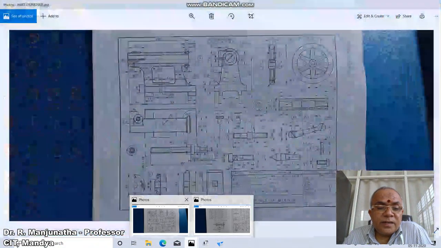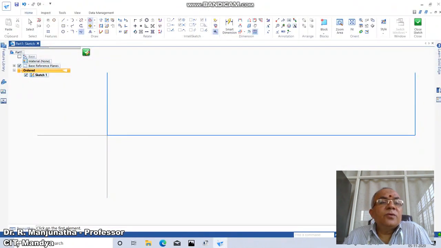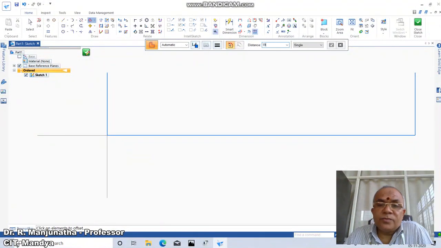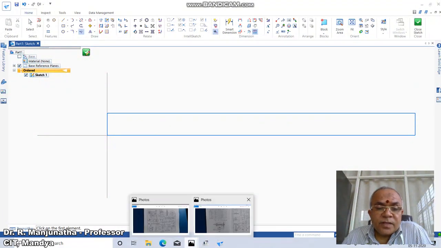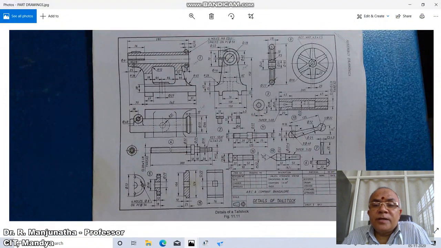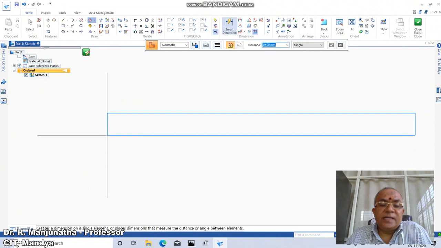Then we have the diameter, which is 38. Since I am taking for the half, offset 19 mm. So we are going to take 19 mm from here. Then go to trim corner between this and this and between this and this. Now we are going to take up the internal one. From here to here it is 20. So you take offset, take the distance as 10.